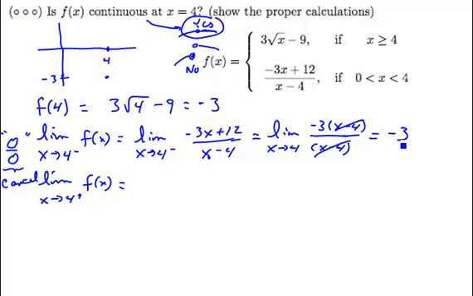So far so good on the continuity question. We've just discovered that the left limit here is also negative 3. So from the left side we connect up to this value. Now let's check and see what happens on the right side. As I come in from the right, I am using x values larger